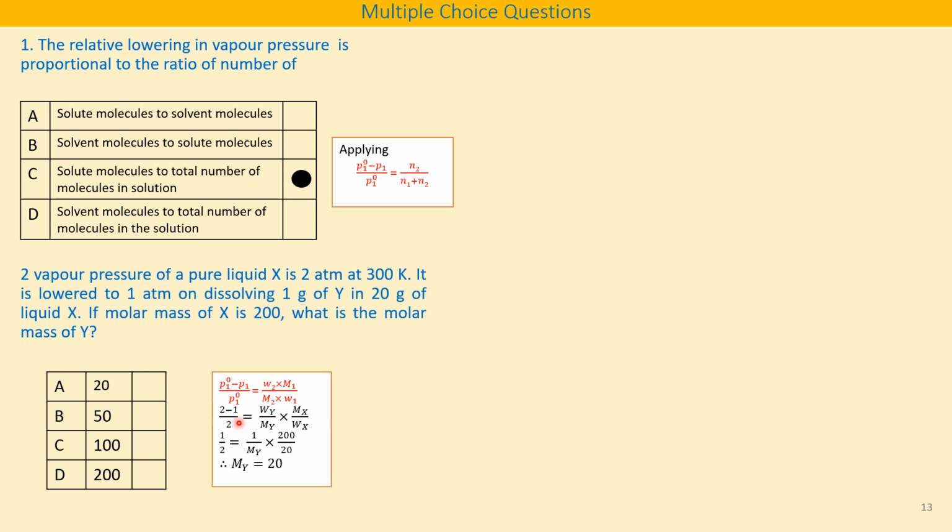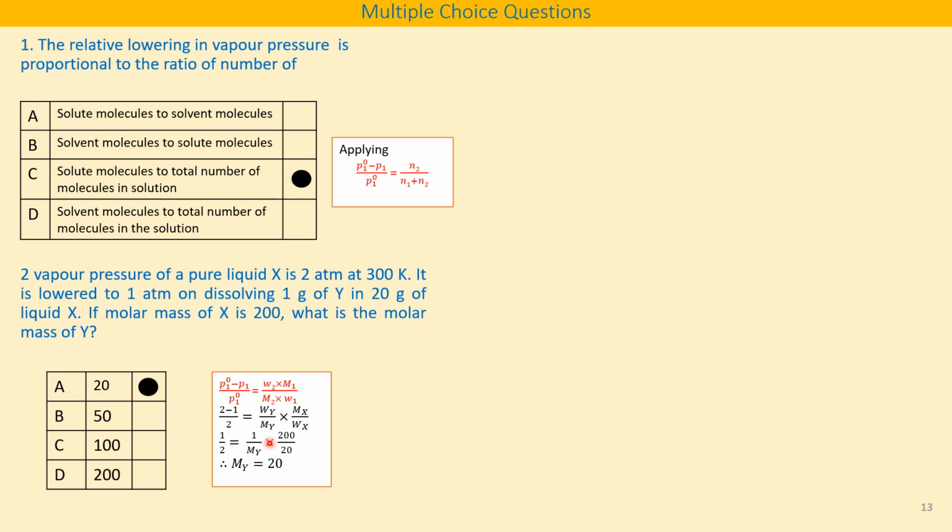That is equal to weight of Y is given as 1 gram and molar mass of Y we have to calculate, into molar mass of X is 200 and weight of X is 20 grams. This is given. So substituting all these values and calculating, M2 is equal to 20